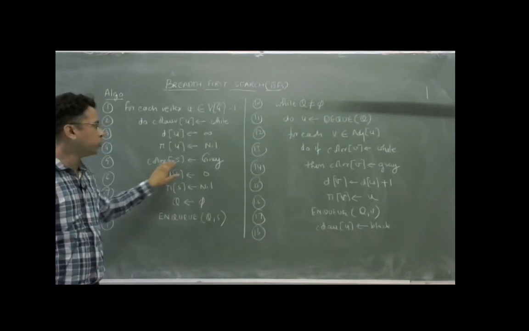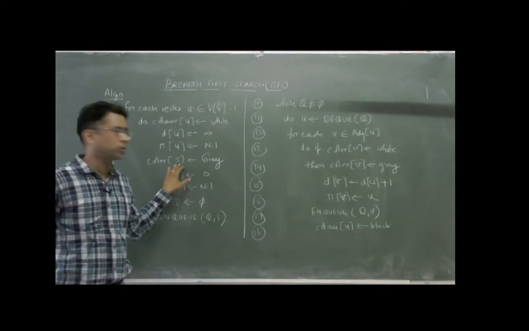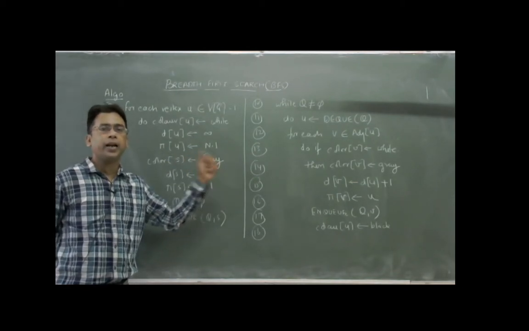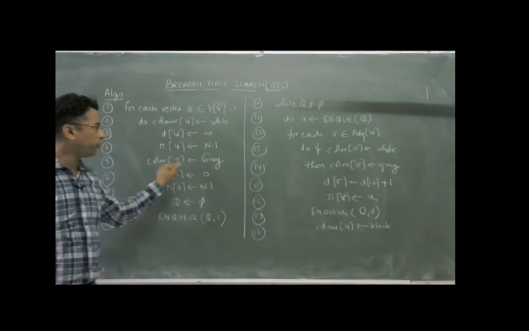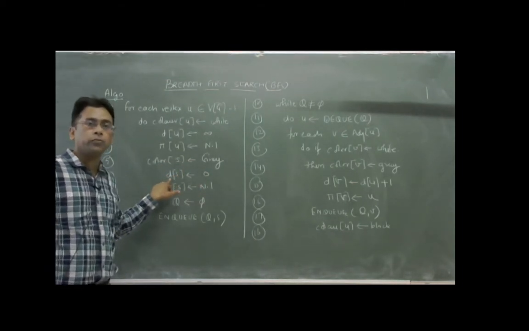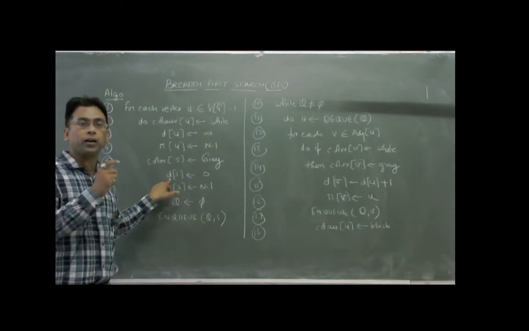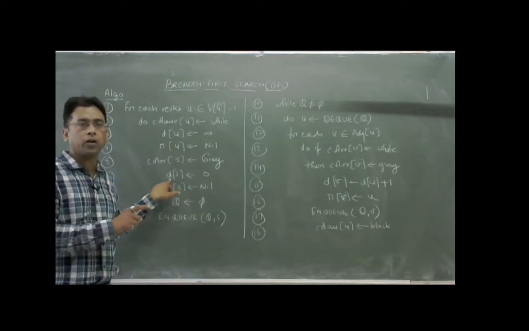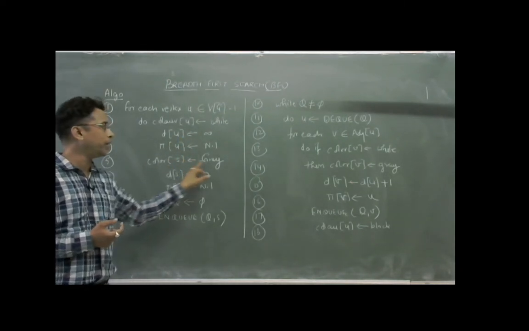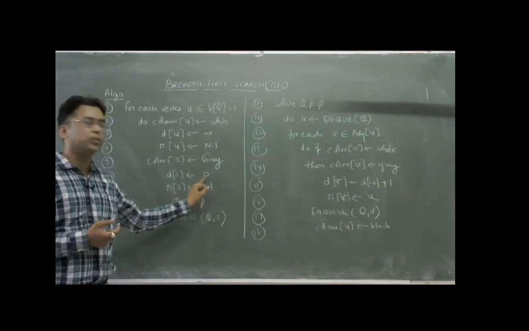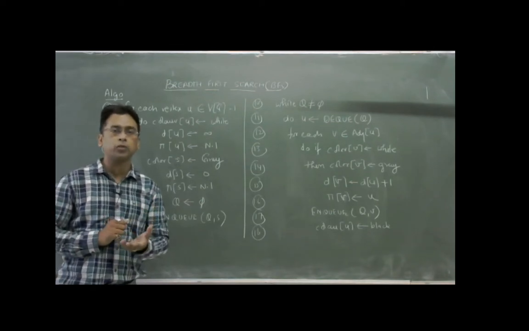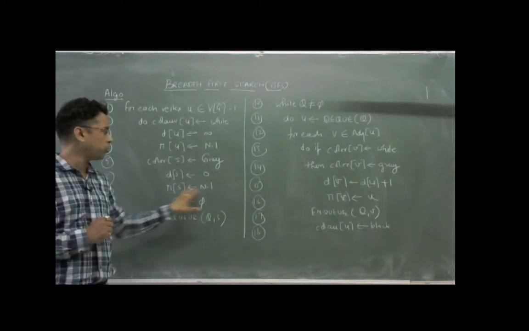So when you start with the node, it means that you are starting your processing from that node, so that node is colored gray. The rest of the nodes in the graph which are undiscovered are of white color at distance infinity, but the node from where you start is colored gray. Its distance is 0 because this is the starting point, and its parent is nil. Since this is the first node from where you start, its parent is also nil.